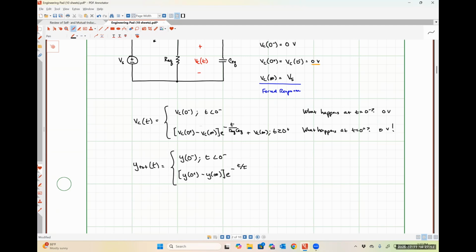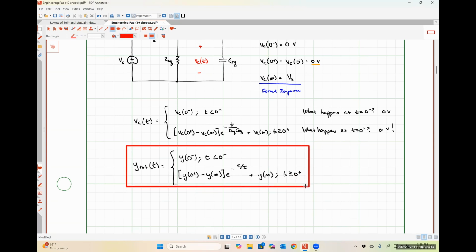This expression works for both RL and RC circuits, plus y at infinity for t greater than or equal to 0 plus. So this is our generic equation